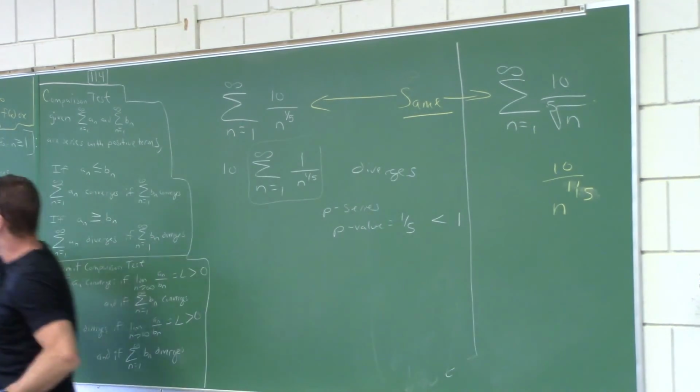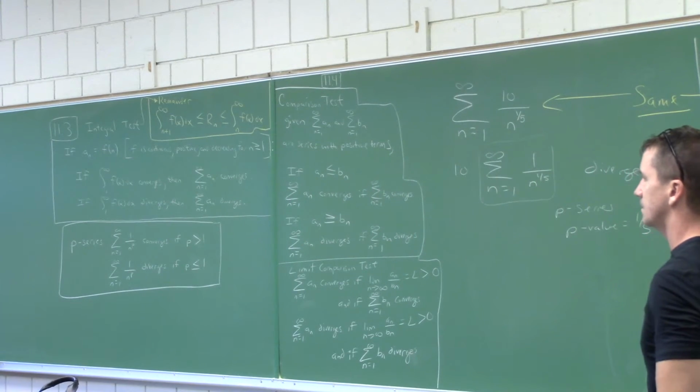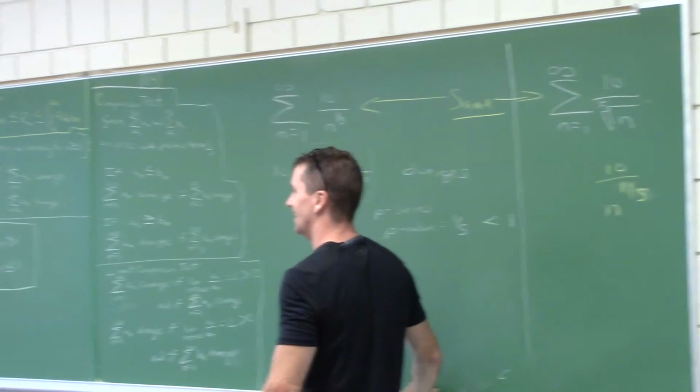So you can look at the P series. So, by definition, anything that has a radical in the denominator automatically